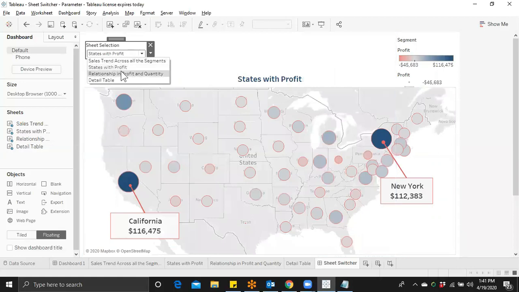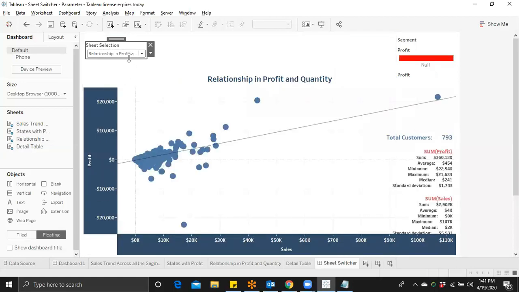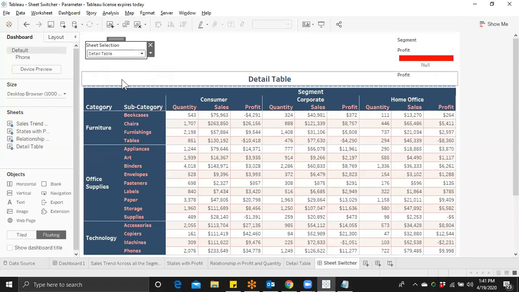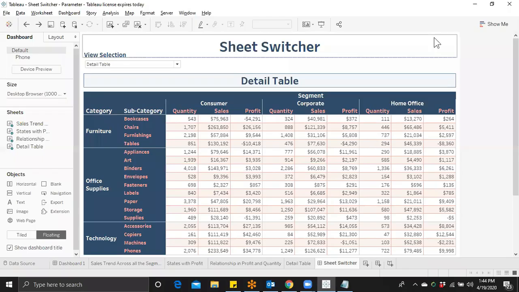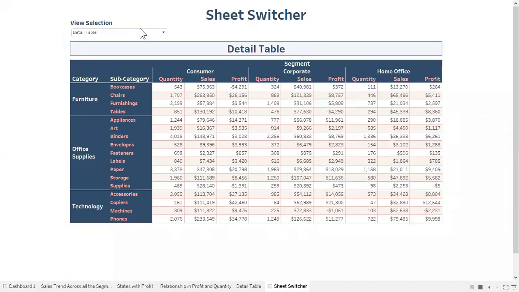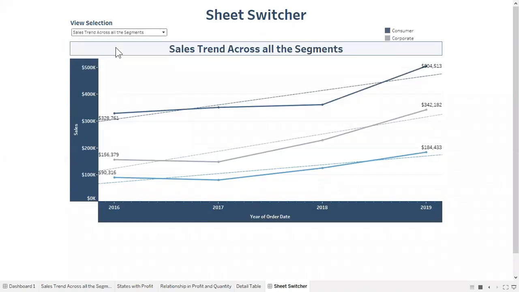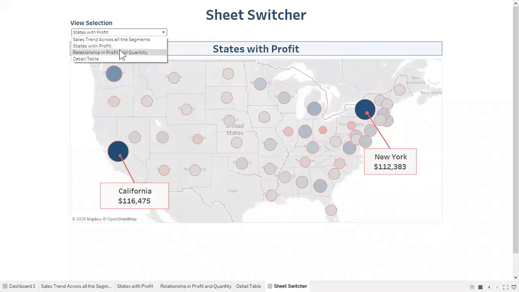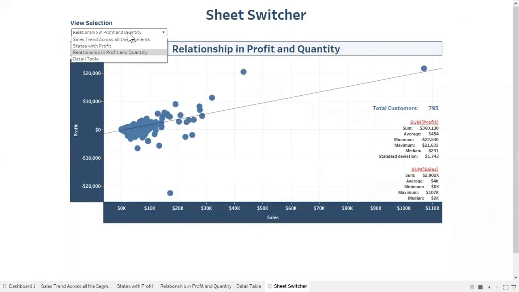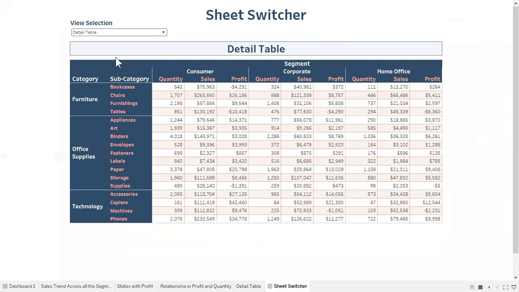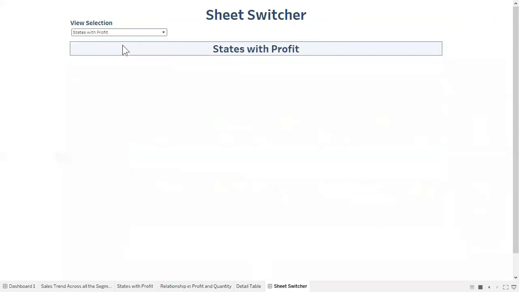Sales with profit, relationship in profit, and quickly I will do more formatting to make it more impactful. So after doing the formatting, we can see this output. Now we can select. That's how we can do the sheet switcher.